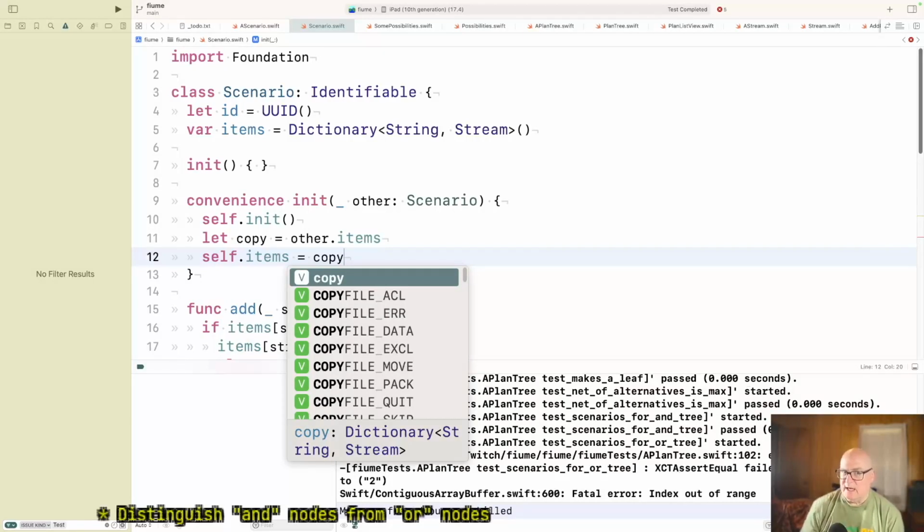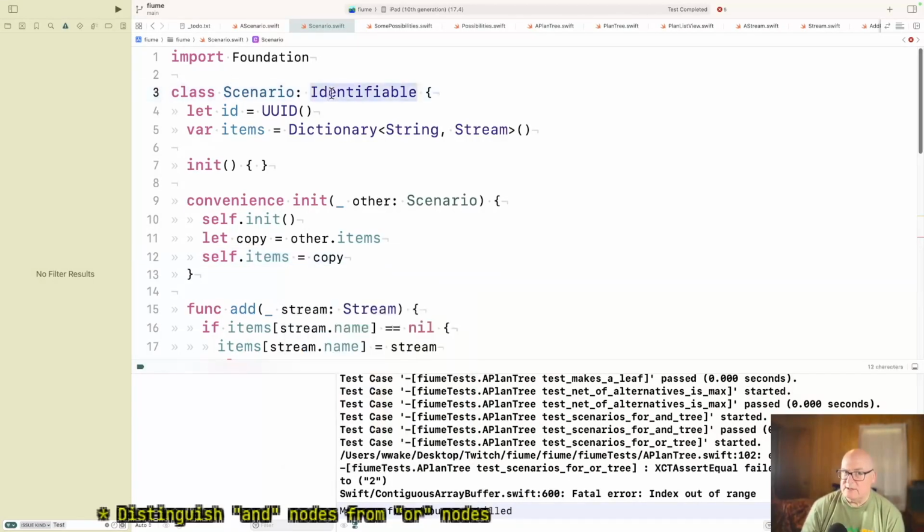And I'm not sure the ID thing is needed for this if they need to be identifiable. Yeah, because I really don't know if they do, because mostly what we're going to do with scenarios is we're going to graph them, at least for now. I think we also may want to keep the list of these scenarios around and manipulate them, find some way to talk about the ones to keep or whatever.